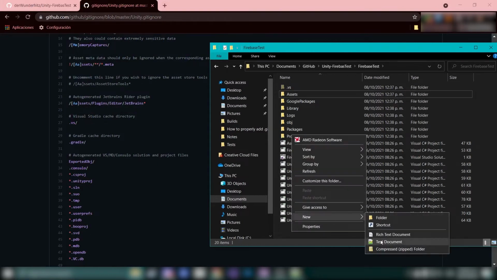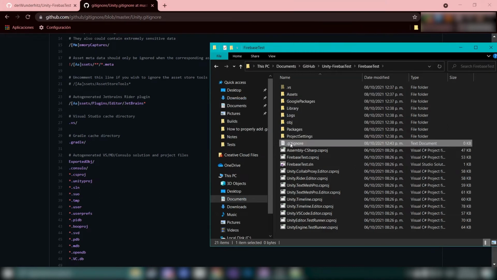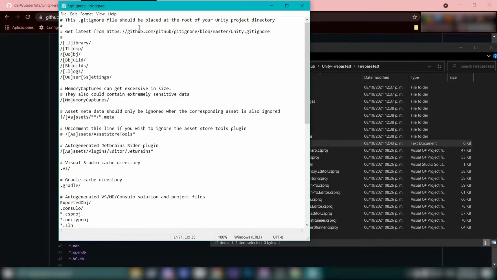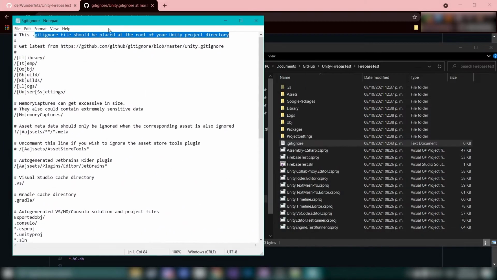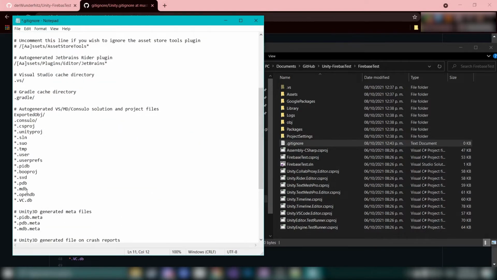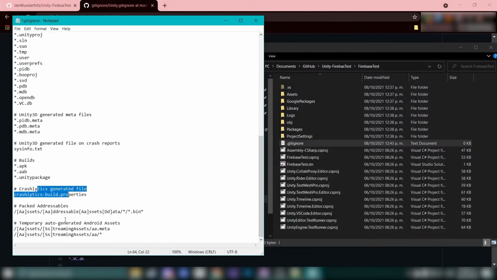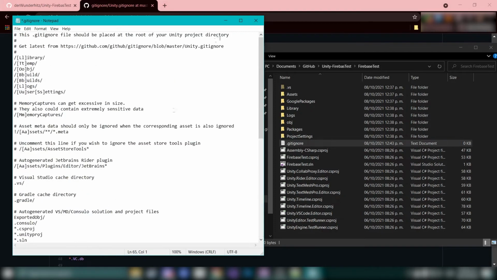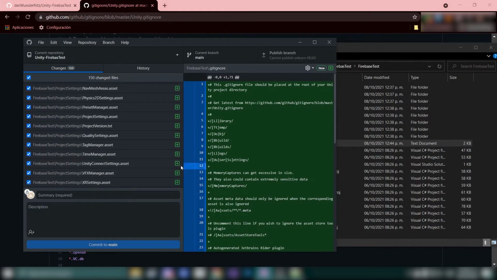Now let's create the gitignore at the root of our Unity project. Basically, this will ignore the generated files from Unity, dependencies that can be downloaded from a package manager, and builds. You may want to ignore files with API keys, credentials, or sensitive information too. As you can see, our commit is lighter now. But we still need to do something with our assets.